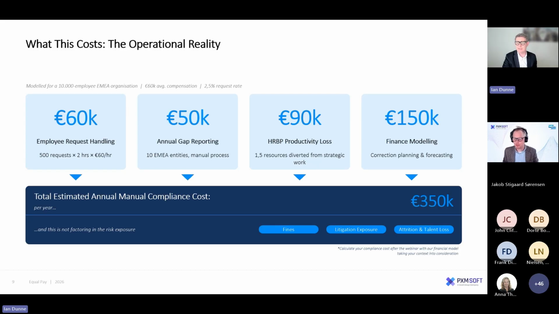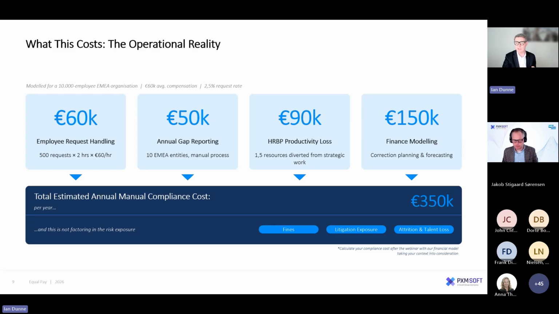And we estimated that a realistic figure is 50,000 euro. So really add that together, as well as the HR productivity loss and the allocation of a resource, perhaps 1 to 1.5. We put 1.5 for calculation purposes here, which adds an extra 90,000. And then you've got all the financial modeling, correction planning, forecasting, which can be quite intensive depending on the actual gap. But we reckon that the total compliance cost is somewhere in the region of 350 for